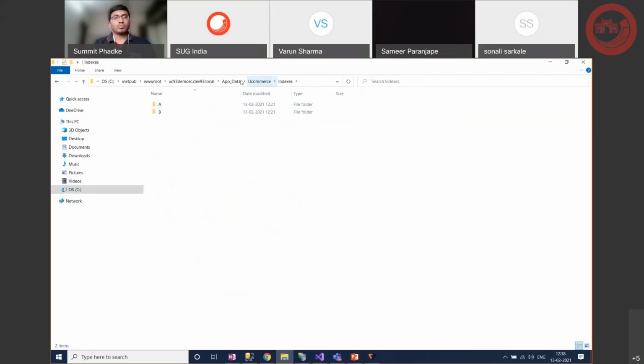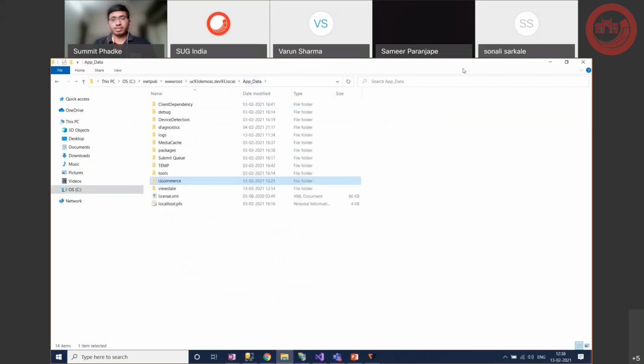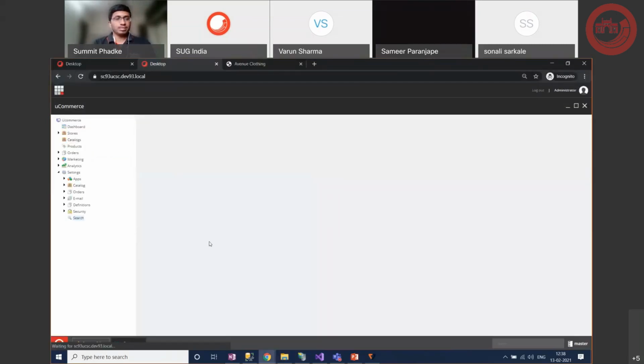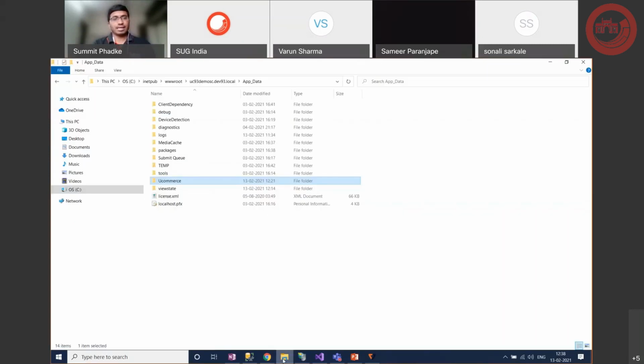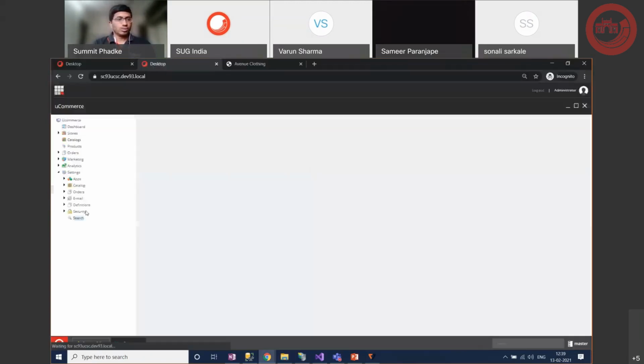Whenever you want to run the index rebuild from scratch, this is the location you want to go to, and it has a button which says rebuild all. Once you click that, it uses the Lucene index on the backend, and the indexes are stored inside your site's App_Data UCommerce folder.